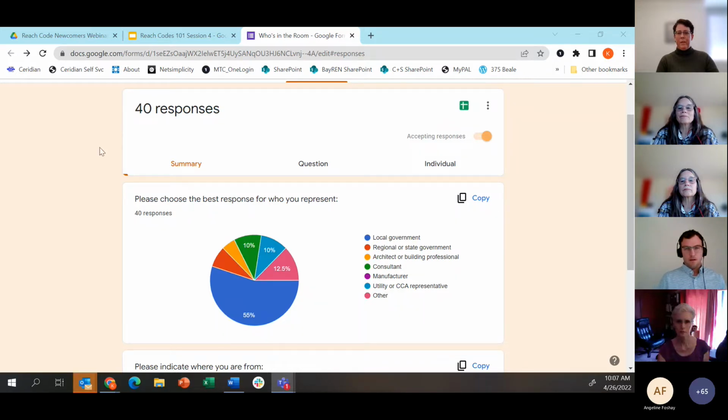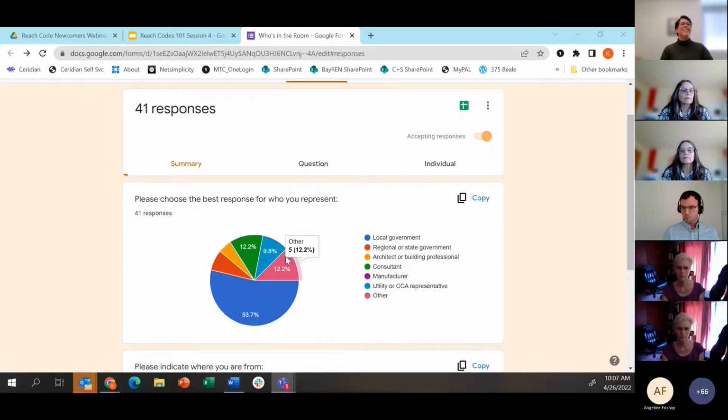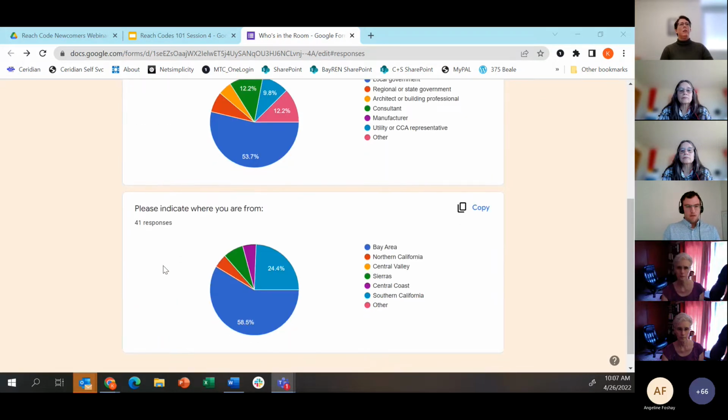All right, so let's take a quick look here. It looks like we are more than half local government staff, followed by other. And then we've got some consultants, some utility and CCA reps, some regional and state government, and some architects and building professionals. So good mix of people. But again, the focus today is really for local government, so it's good that that's the majority.